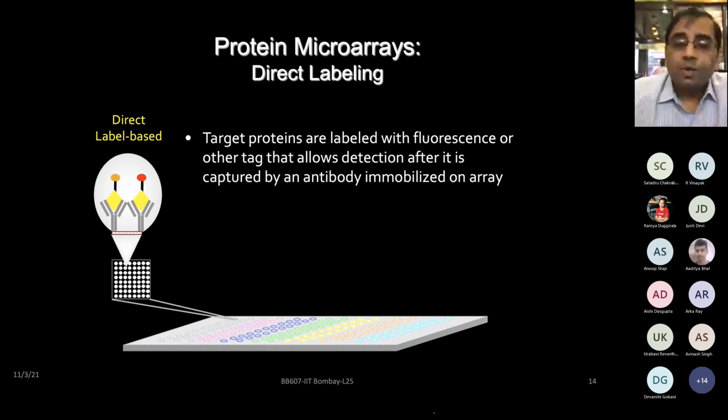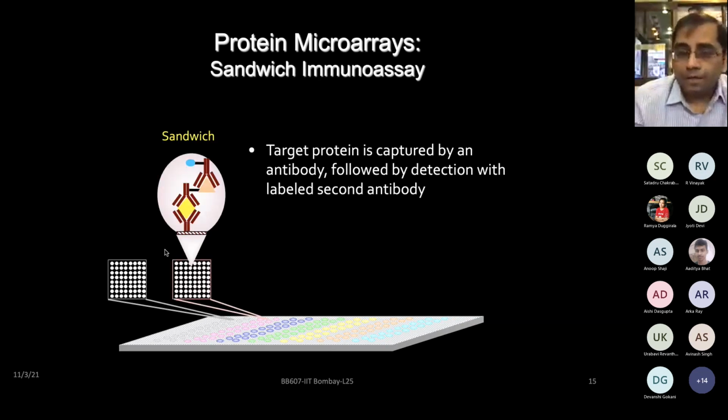So finally, you also want to do the readout of the signal from these arrays, right? Let's say I'm just showing you miniaturized arrays, with a cartoon inset of what is printed on each of those small spots. In this case, antibodies are printed, and the protein binds to that. Then you conjugate it directly with a fluorescent label or tag so that the signal can be detected. So it's a conventional antigen-antibody interaction.